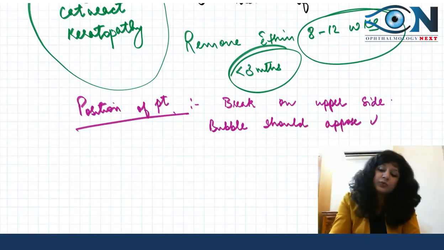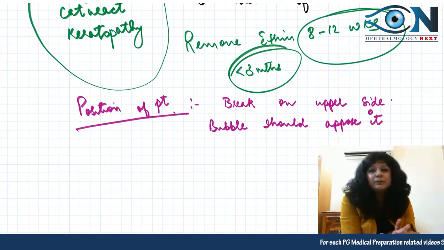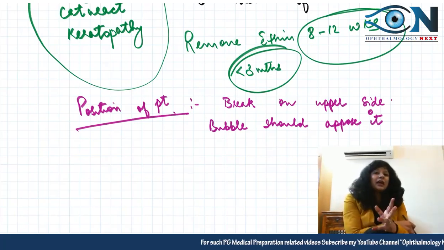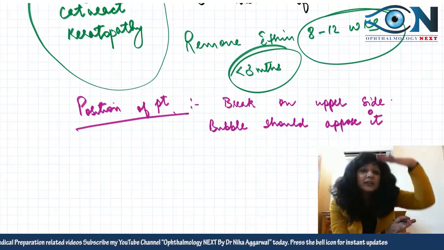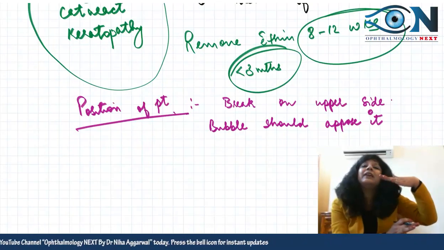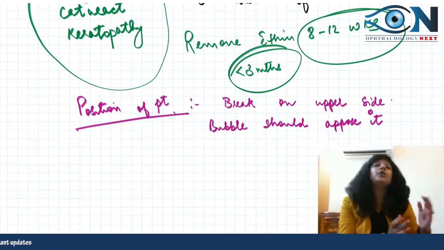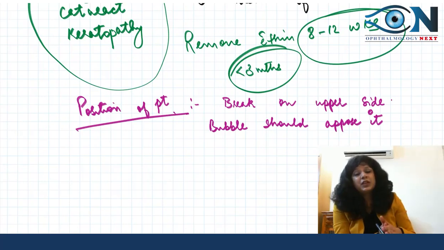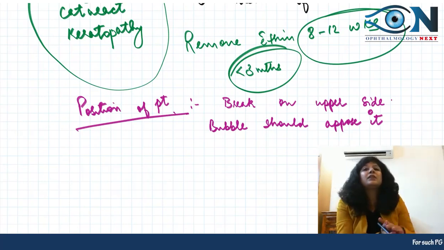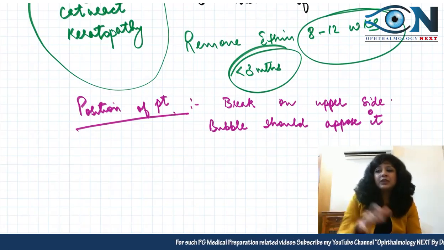Though sometimes it becomes very difficult for the person to remain in that position, we ask the patient to remain in the prone position so that the break comes on the upper side and the bubble keeps on pressing it. But yes, you have to do it, and a lot of the prognosis of the surgery will actually depend upon this,